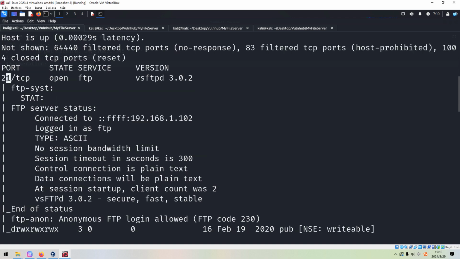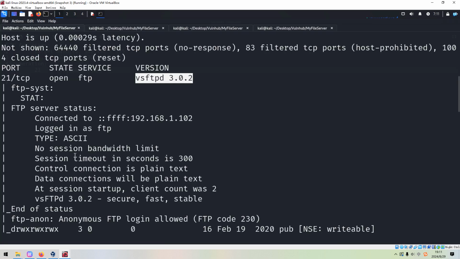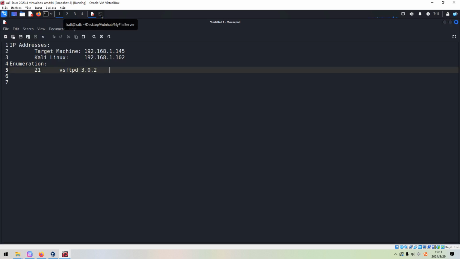The first one is 21, which is running FTP service, and also the version information. We can copy and note down some information. It also allows anonymous login for this FTP service. So, anonymous login allowed.